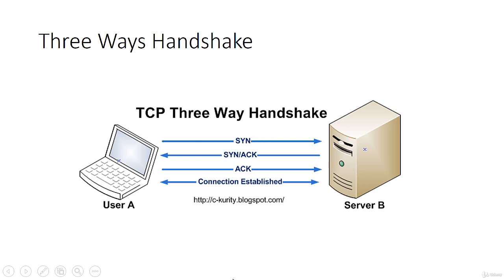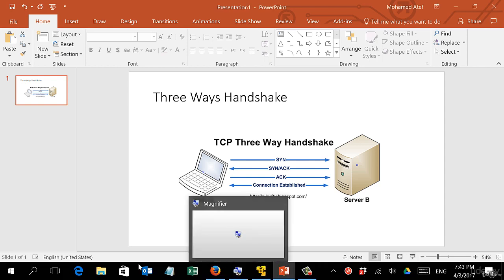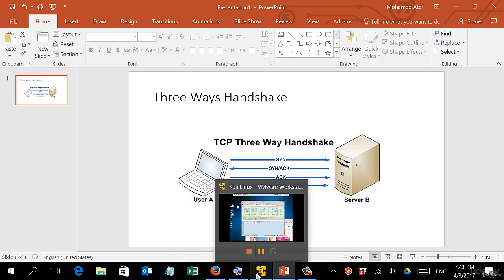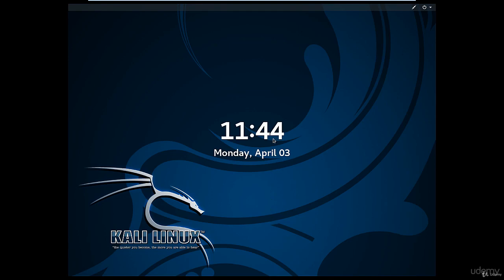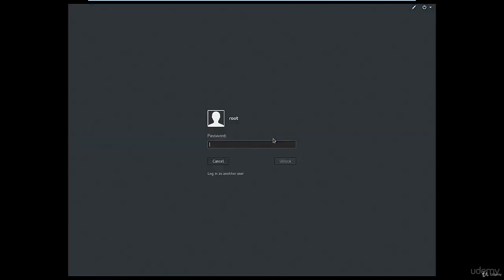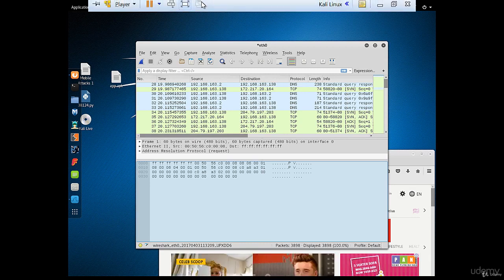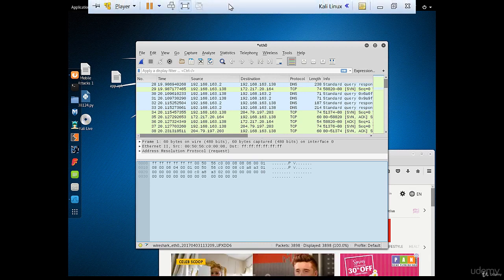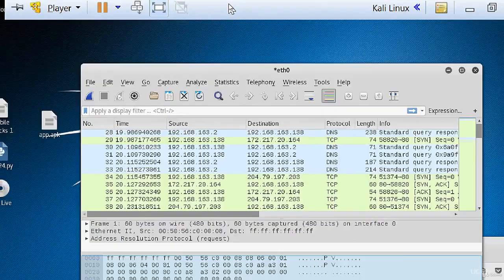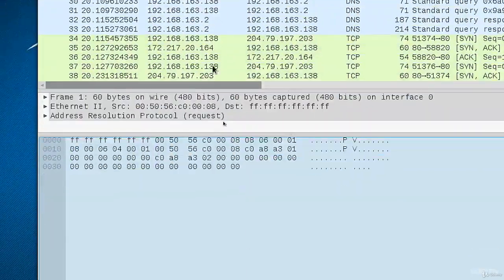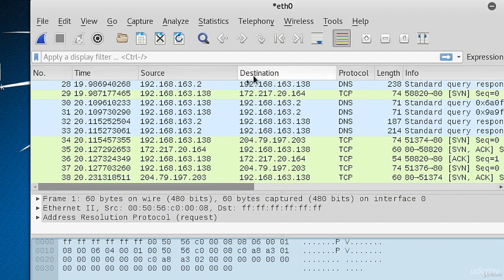So considering that, let's get back to our Wireshark, and let's see the traffic that has been captured, and let's compare that to what we know. By the way, this initiation is called the 3-way handshake. So let's see. As you can see, let me just increase the size for you. So my computer, as I told you earlier, is